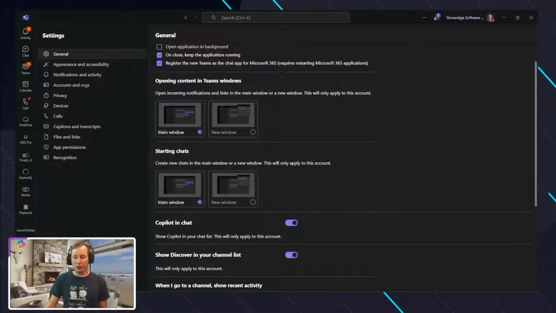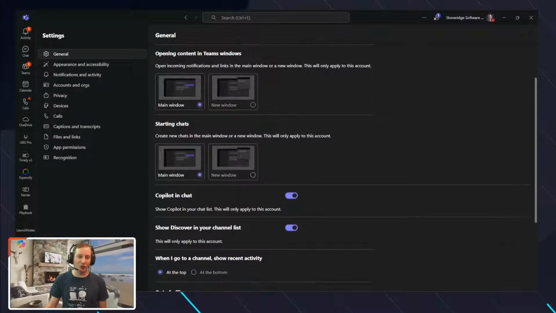Now, one of them that you should be looking at is obviously this Copilot and chat, right? That's inside of here. And then also the Discover as well. So with Copilot and chat, being able to interact with it, and we're going to show that in just a second, to be able to have Copilot answer questions about chats. If you have the license and the details for it and you can check mark it, I'd recommend that you turn it on so that you can use some of those Copilot-based capabilities.